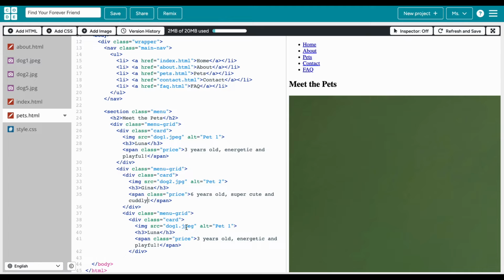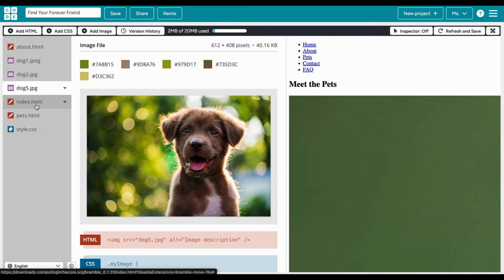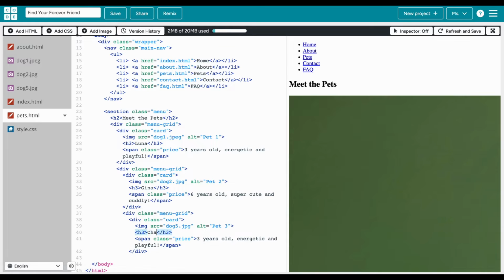And then let's do dog5.jpg. So dog 5, and then this will be just dog pet3, and then we'll give it the name. Let's see our name. I'll give it the name Charlie. And then he will be 4 years old, and he'll be fun. And let me see, what's another adjective? Fun and bubbly. So I'll do bubbly. And there we go. Now we have finished our